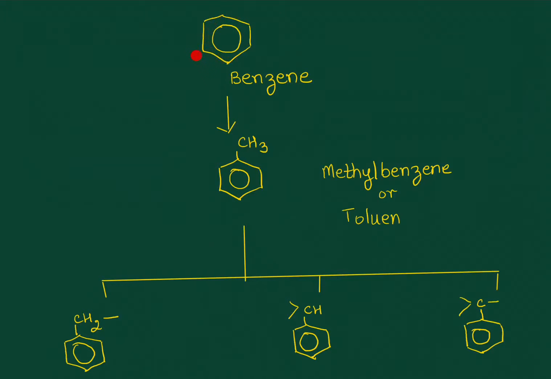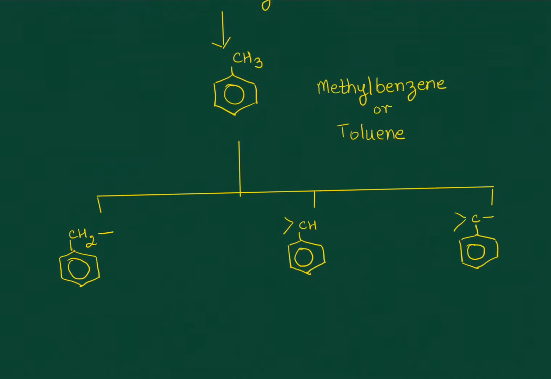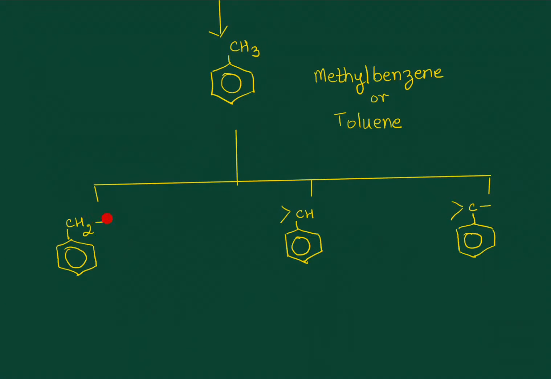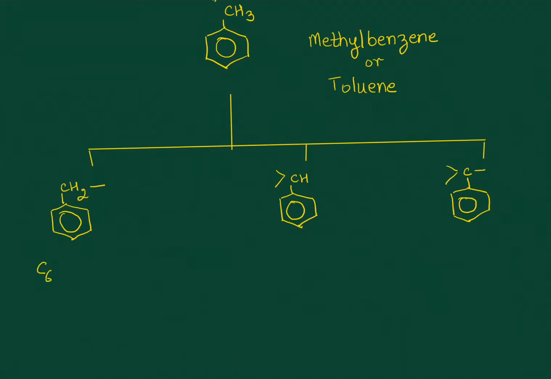Now you know this compound, this is very simple, it's benzene. You replace one of the hydrogen by methyl, this becomes methyl benzene or what is also commonly known as toluene. Now, you replace one of the hydrogen by the functional group. So, you have C6H5CH2 group left, right? So, I am substituting one of the hydrogen of the side chain, right? This group becomes benzyl, just like your alkyl groups,